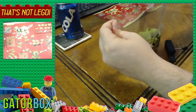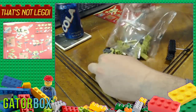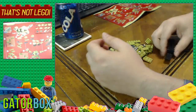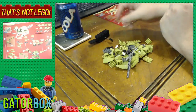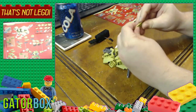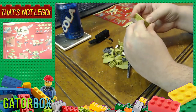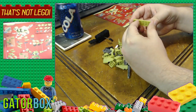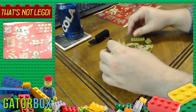Warning, to avoid danger of suffocation, dispose of this bag, keep it away from kids, whatever. Looks a lot more neon green in the picture. This looks kind of sickly green. This is a very pea soup kind of green. Pieces got some odd kind of streaks on them. They feel...